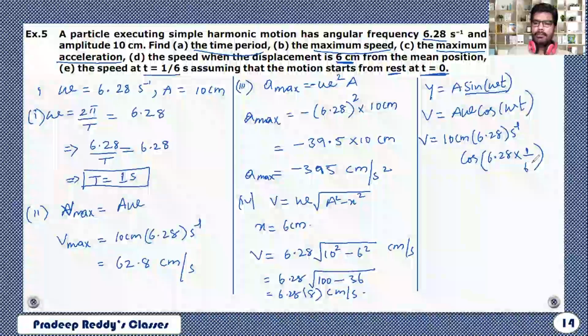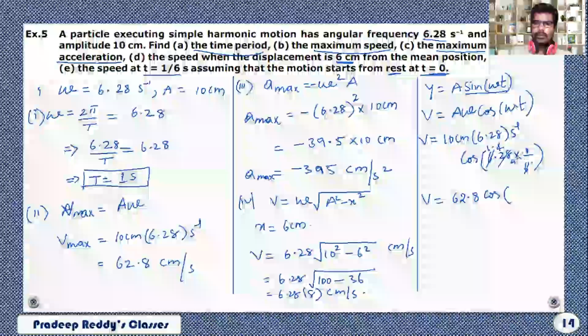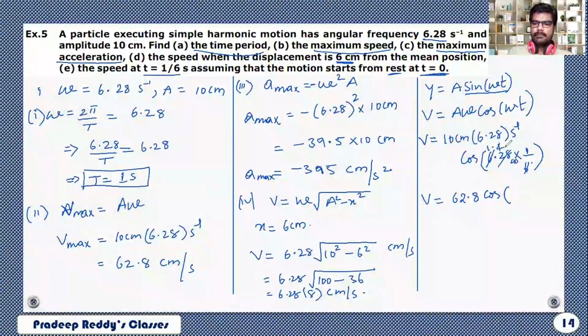Approximately you can cancel this 6.28 into 6. V will be equal to 62.8 into cos of 6.28 divided by 6. You can write it as cos of